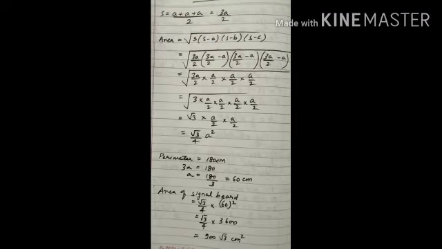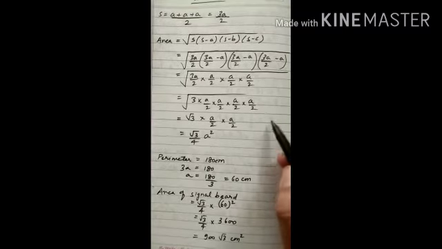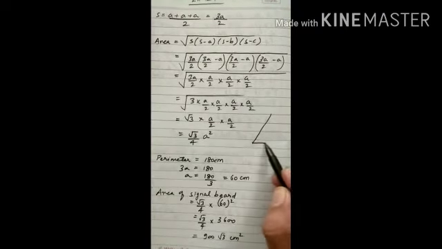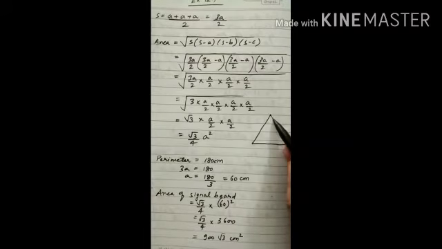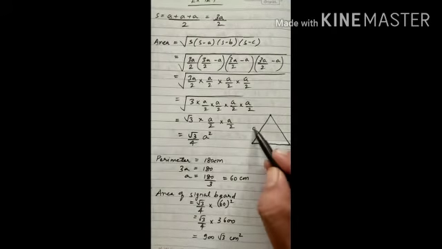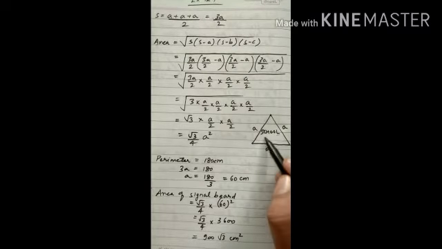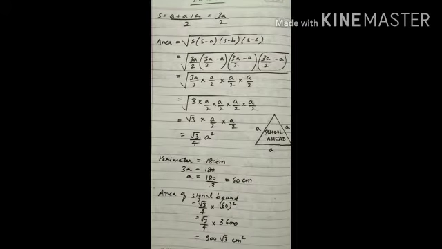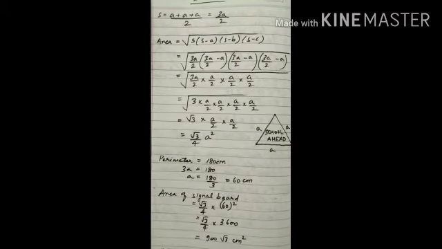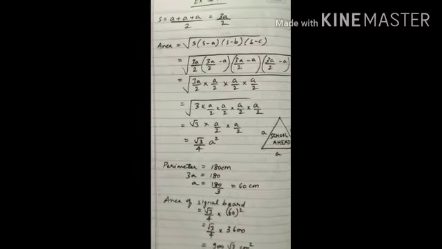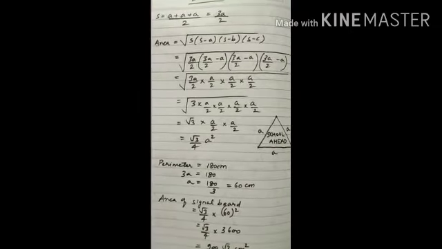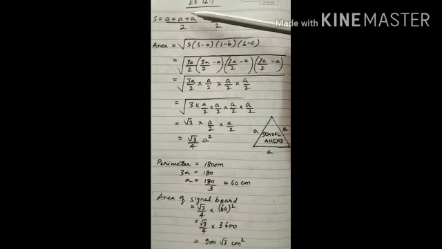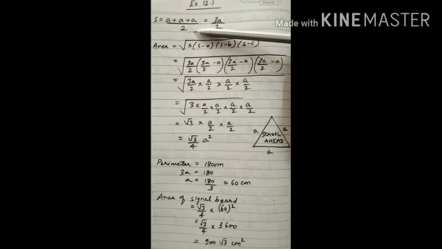See, there is a sign board in equilateral triangle shape. Each side is A. School ahead is written on it. First of all, we will calculate the semi-perimeter of this board. Semi-perimeter formula is the sum of all the sides, so each side is A, so A plus A plus A divided by 2,